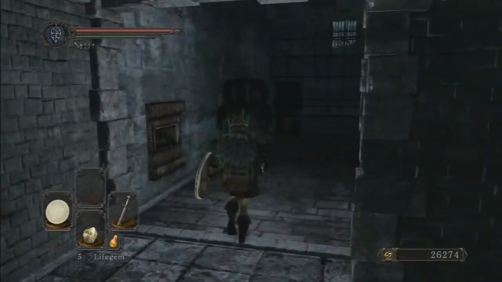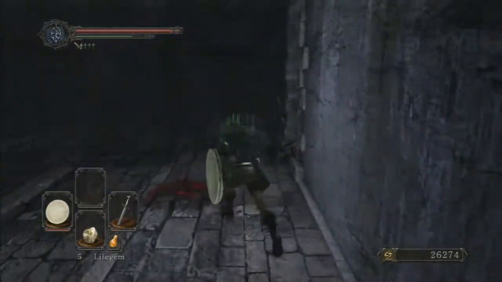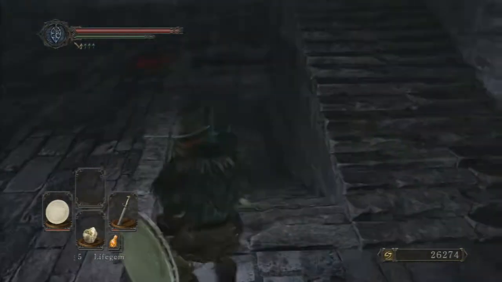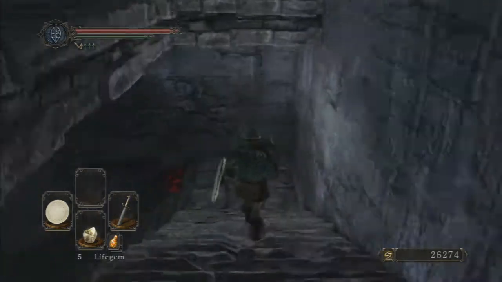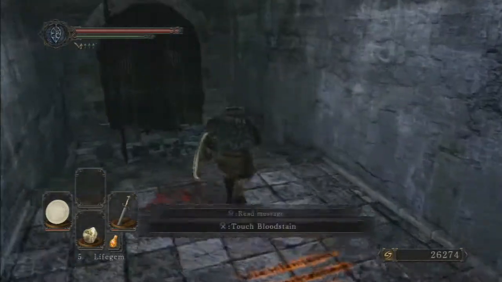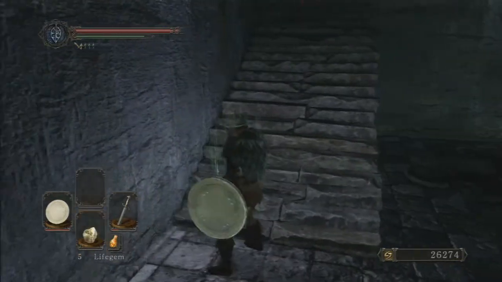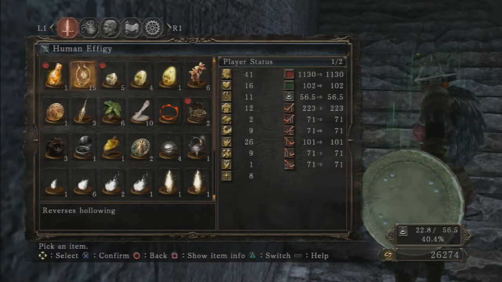So we've got 26,000 souls. So you know what? Should we? Maybe we'll fight the boss first and then we'll look at that. How's that sound? Don't got a ton of health though. So. No, you know what? We'll give it a try. And we'll see how we do. And if we suck, we will definitely come back. So we'll run back to the bonfire. Or we'll just use a homeward bone. Because we really don't have much in way of...